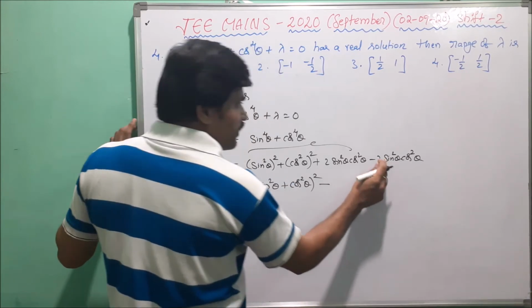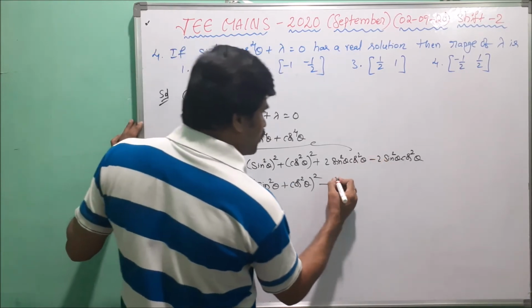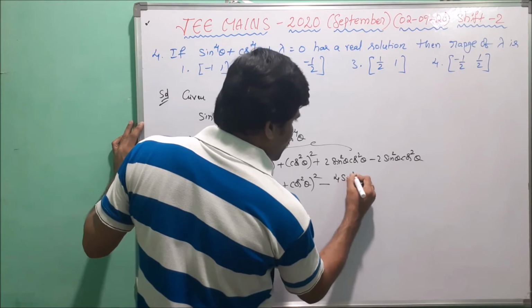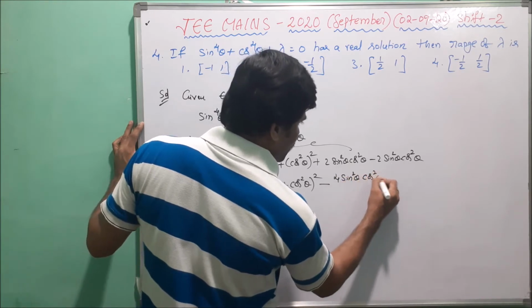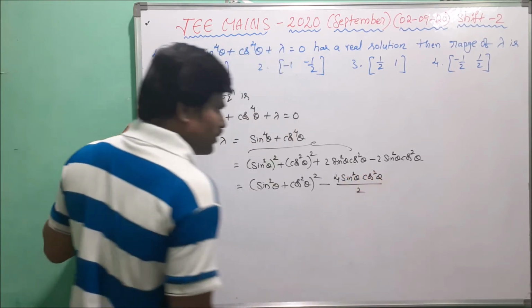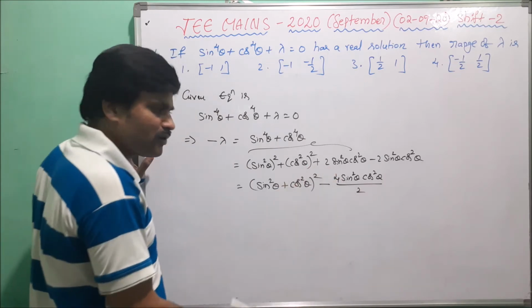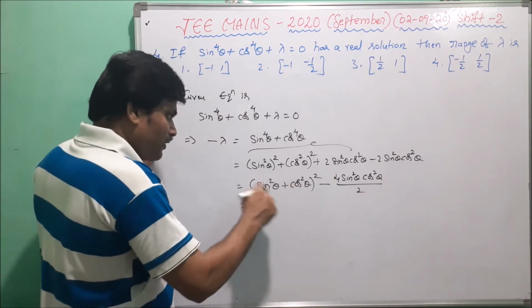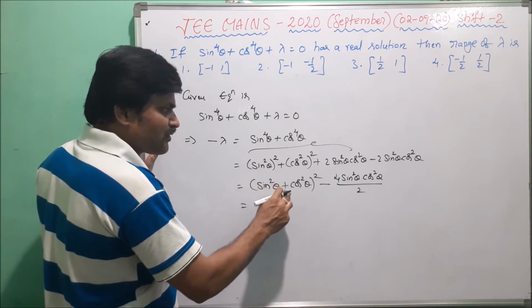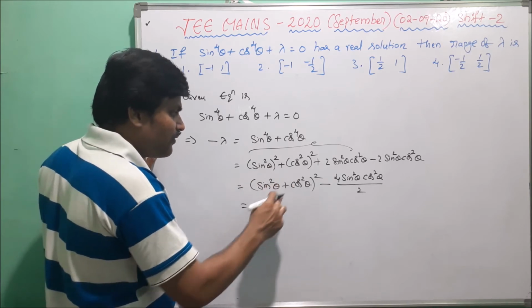Here we multiply and divide by 2. That is 4 sin square theta cos square theta by 2. Here multiply and divide with the number 2. Now here we observe this is sin square theta plus cos square theta, using the trigonometric identity, which is always equal to